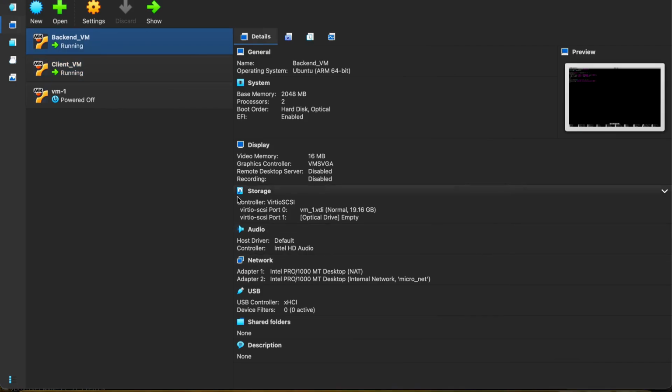Also for the network part, I will show you how it works. As you can see, if you click on the first or second virtual machine, there is a configuration on the right side. There is a network part given. There are two adapters, adapter 1 and adapter 2. Adapter 1 is connected to NAT, which means network address translation, connected to our Wi-Fi. And adapter 2 is the